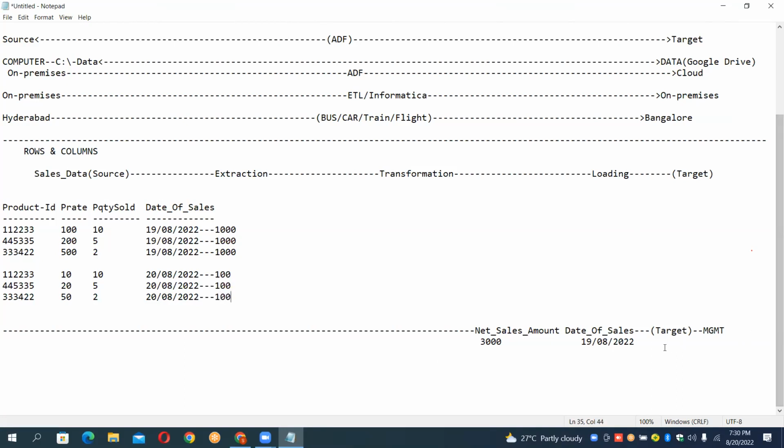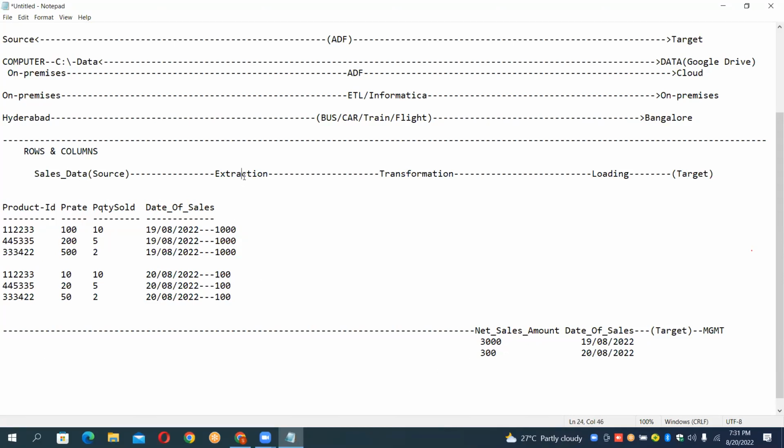Now, guys, the same thing, I'm entering it in the second row: the total net sales amount. Now perform the operation called what? Addition. Now 300, and the date of sales is 20/08/2022. Now tell me, guys, six lines of data I have consolidated into how many lines here? 2 lines. So this is the logic and beauty, the actual operation you perform